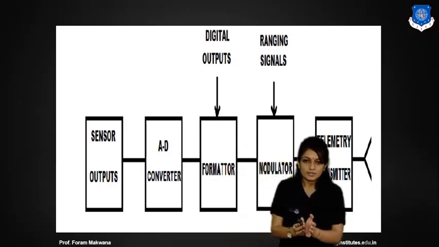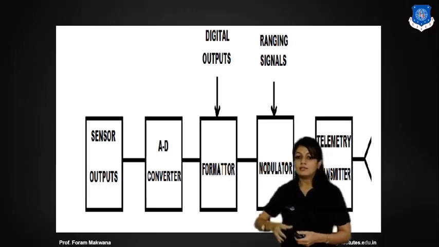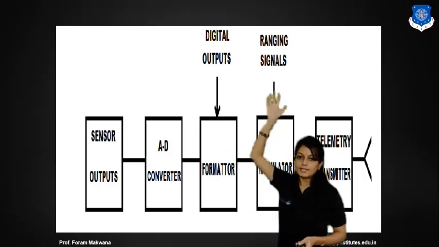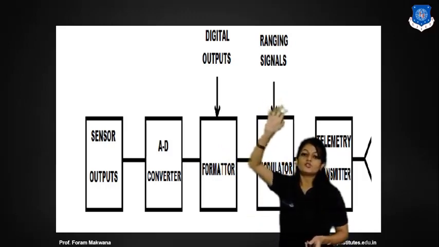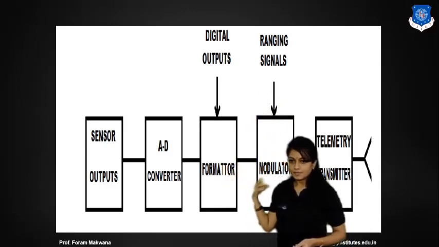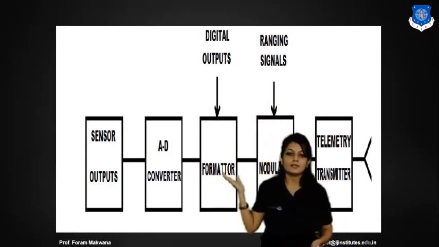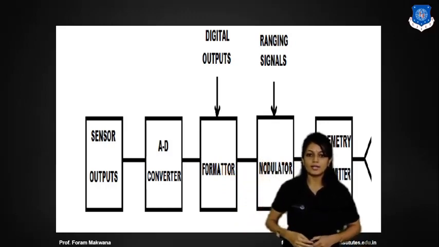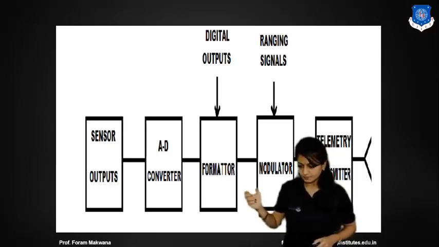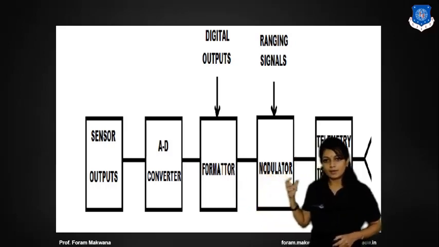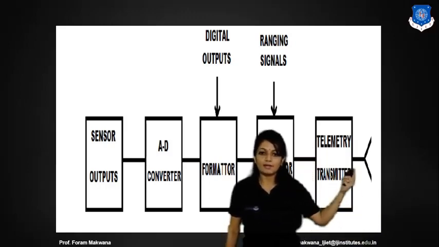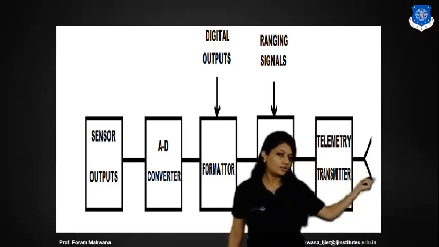Whatever the output of the sensor that can sense is given to the A2D converter. The data that we are going to apply should be in the form of digital, and that is going to come into the formatter. My sensor's data is in the form of analog. The analog data is converted into digital with the A2D converter. That signal is modulated by the modulator, and this telemetry signal is transmitted through the transmitting